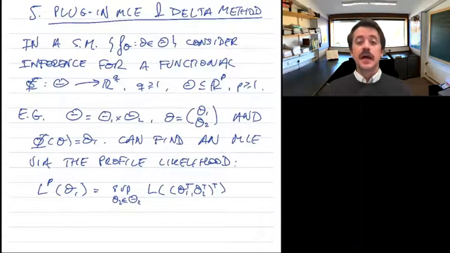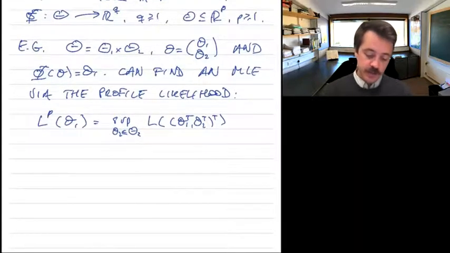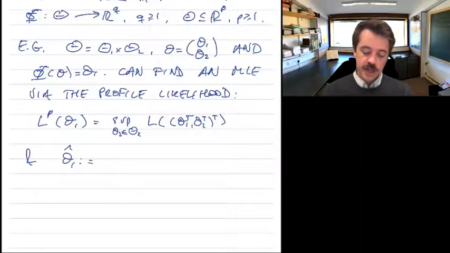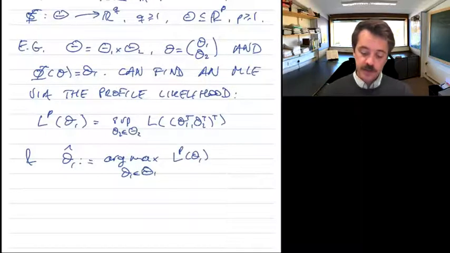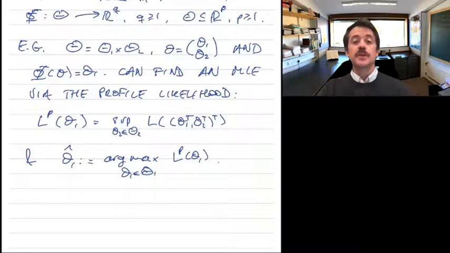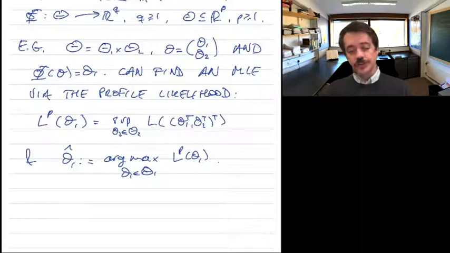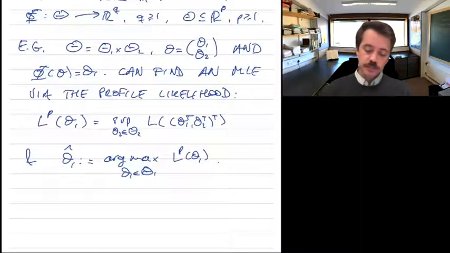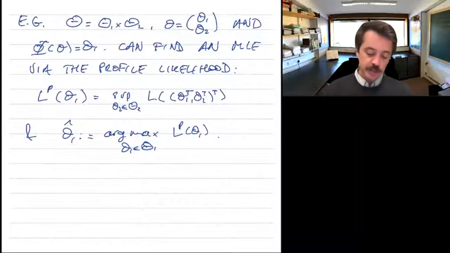And we can define the MLE as the arg max over theta 1, of course. So it's exactly what you would expect, but we've defined this profile likelihood. This is just a very simple example, and you'll see more about this in the example sheet. So let me just